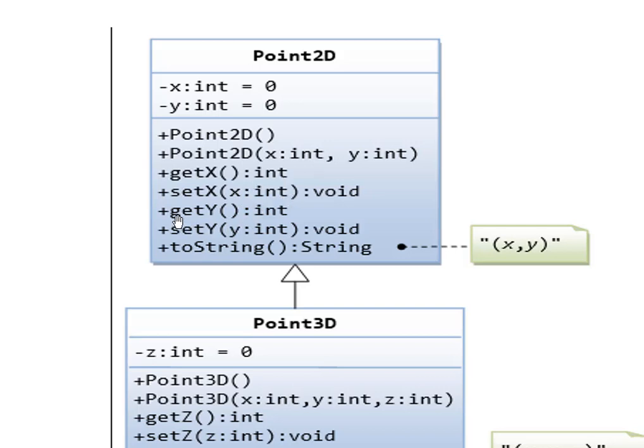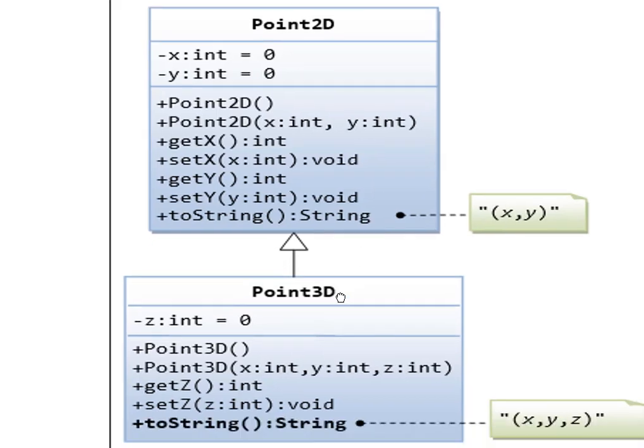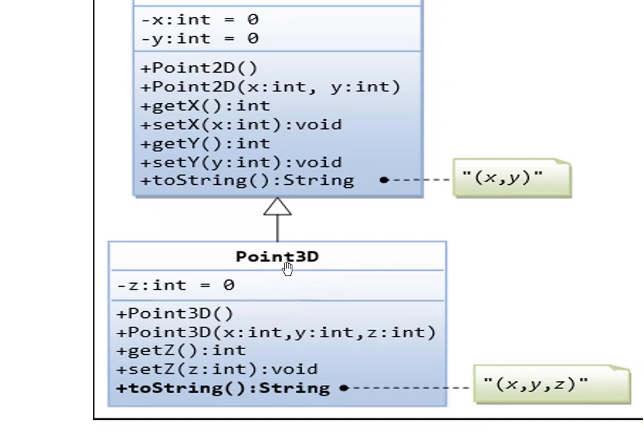And then we're going to have a getter function for the y value, the second dimension y, and the setter method for the y value. We're also going to override a predefined method in Java, toString. It will return the data in a string. So we're going to override this default method, and we're going to return the parameters x and y for the 2 dimension point.